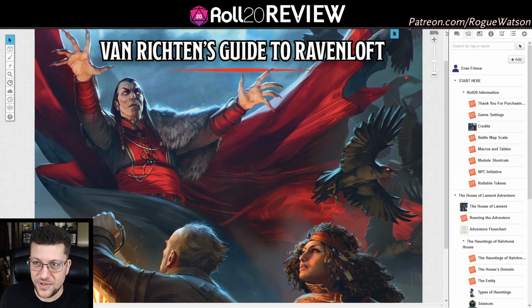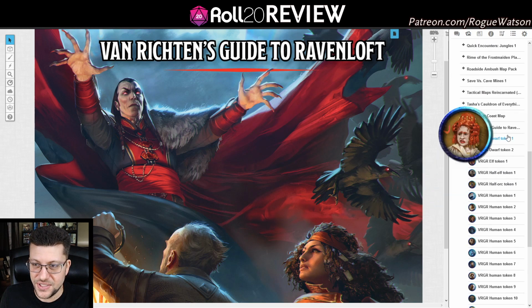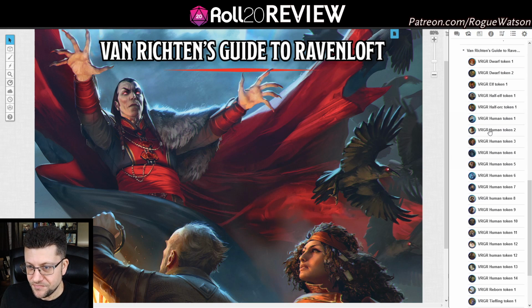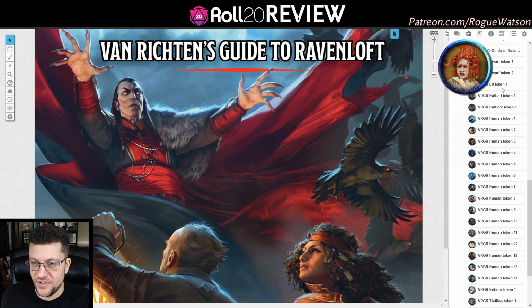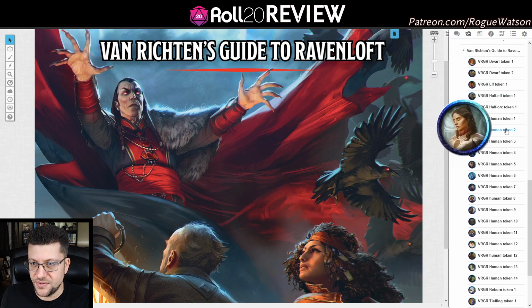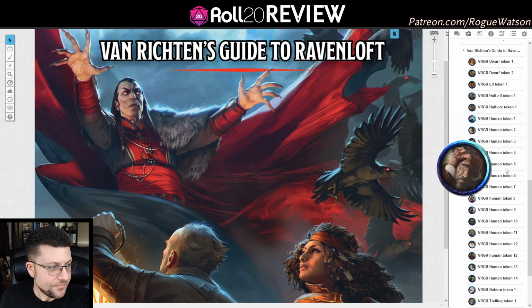We can go ahead and show that right now because it's pretty easy to show. You'll look in your art gallery, and it's a bunch of tokens that use basically just map art from Van Richten's as ready-to-go tokens that you can just drop into whatever game. Also includes 14 non-gridded regional maps, which